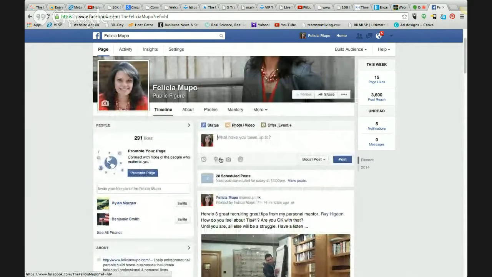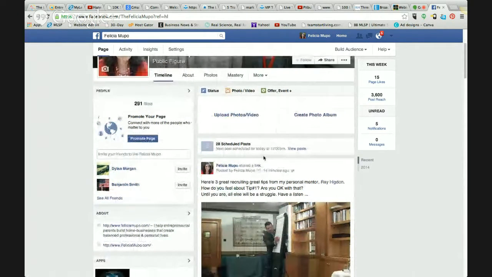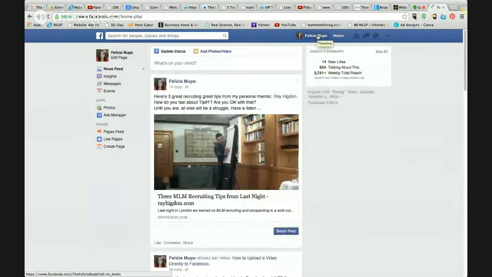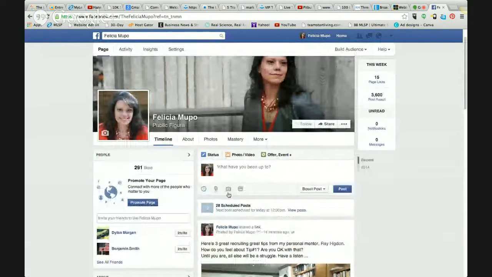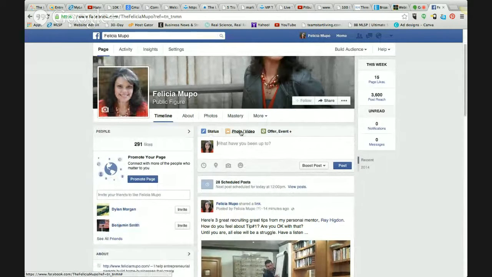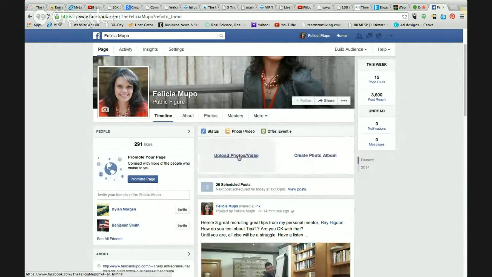But you click on here, and instead of just pasting it, you come up here to photo video. This works the same for your photos as well. If you want to give your photos a longer shelf life, then you'll want to import your photos this way versus, let me show you what it looks like. Versus clicking this one right here. If you click this one right here, it's going to make it a news feed post, but if you put it up here, it's going to put it in your photo section, and I'll show you the difference in just a sec. But you click on that upload photo video,